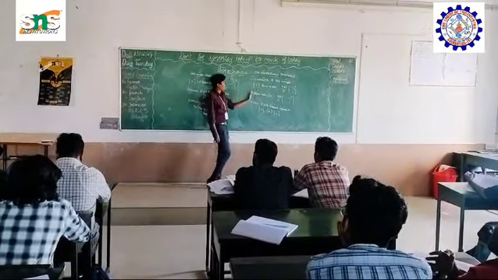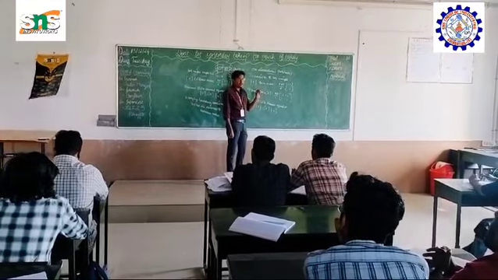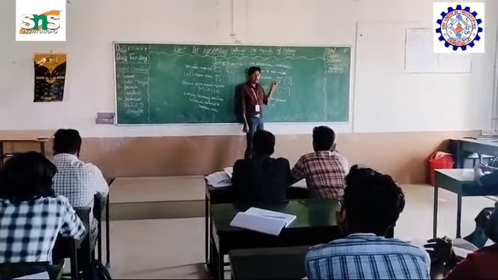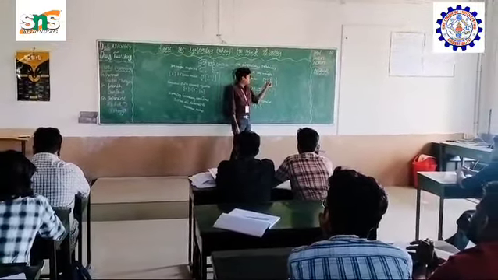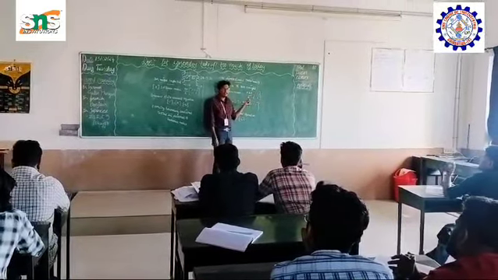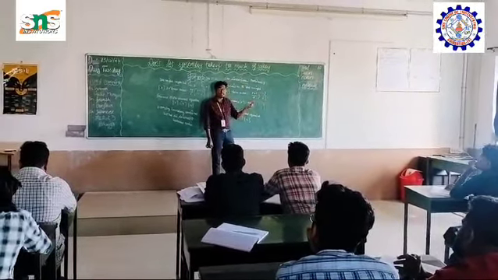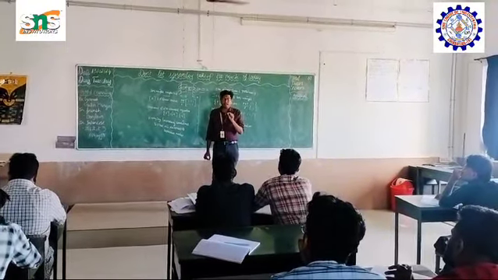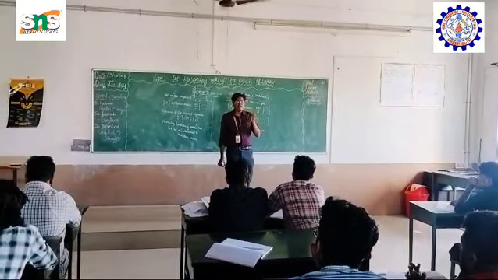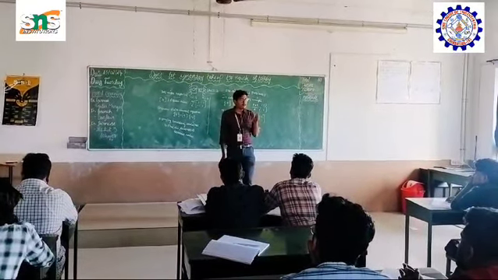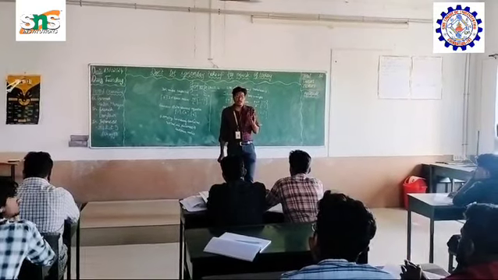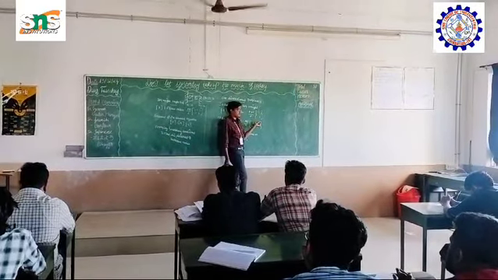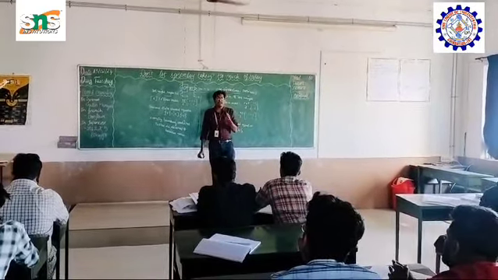For the same case, when applying the addition of self-weight, you have to consider the force vector. What is the force vector equation? Rho A L by 2 times [1 1]. Here rho is the density and A is the area of the element. You have to consider how many elements are in your problem. If there are 3 elements, there are 3 areas; if 4 elements, 4 areas; if 2 elements, 2 areas. So rho A L by 2 times [1 1] is the force vector, and that is the primary factor.